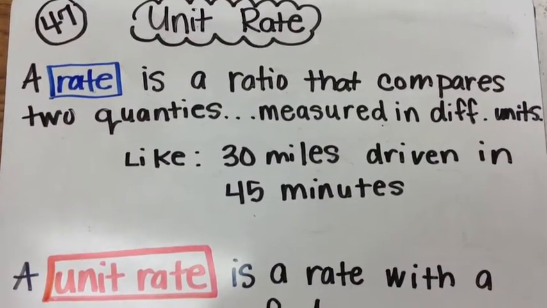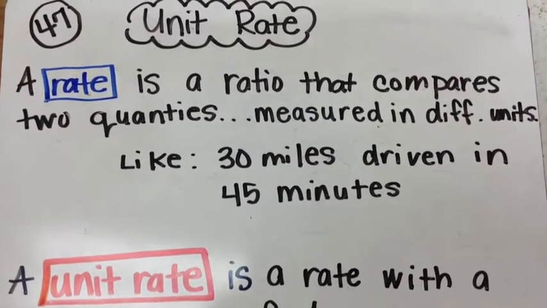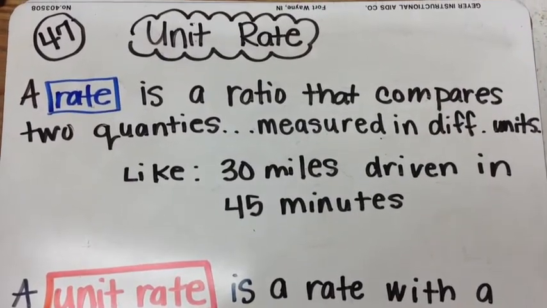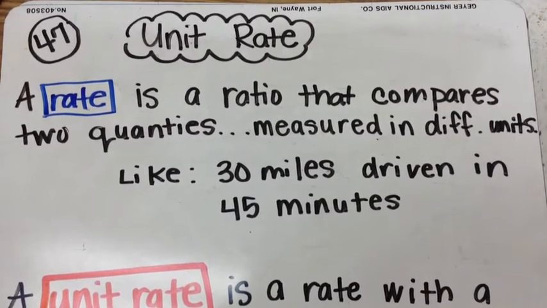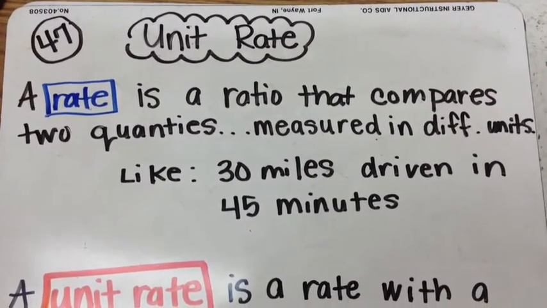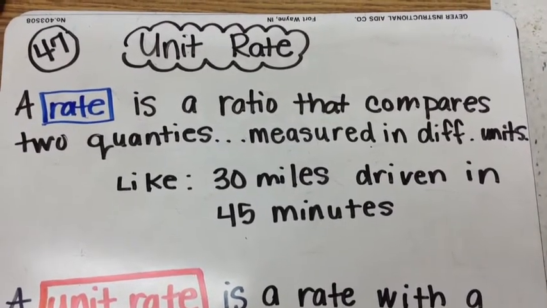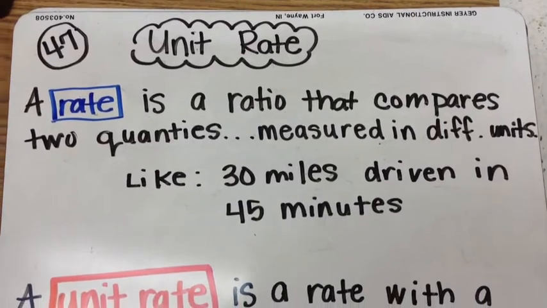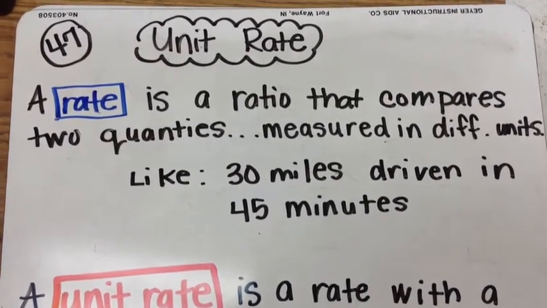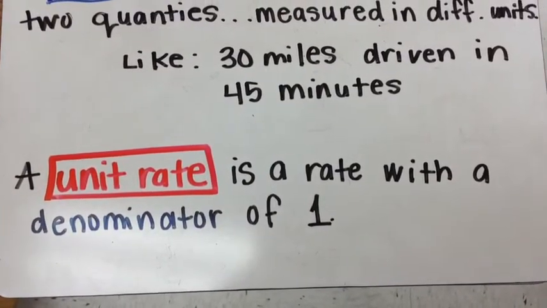A rate is a ratio that compares two quantities measured in different units. An example of a rate would be 30 miles driven in 45 minutes. In this example, we're comparing the miles traveled to the time it has taken to travel those miles. The difference between a rate and a unit rate is that a unit rate is a rate with a denominator